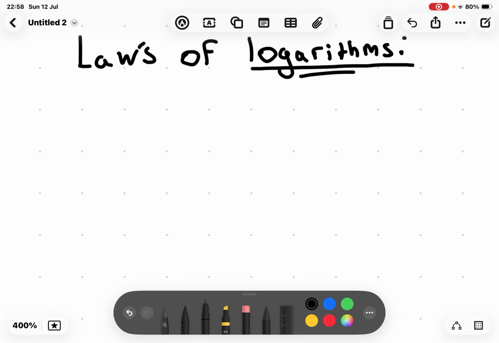Hello everyone, today we're going to talk about logarithms, but also the laws and basically the most that you need to know about logarithms. So, first of all, what you need to know is the difference between